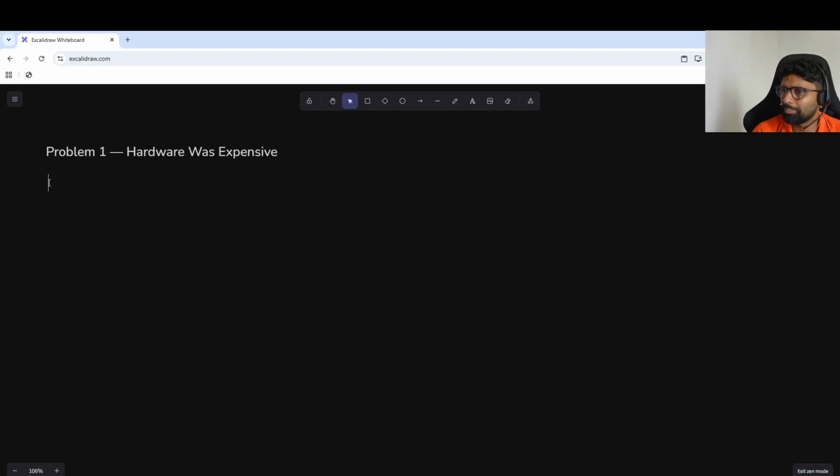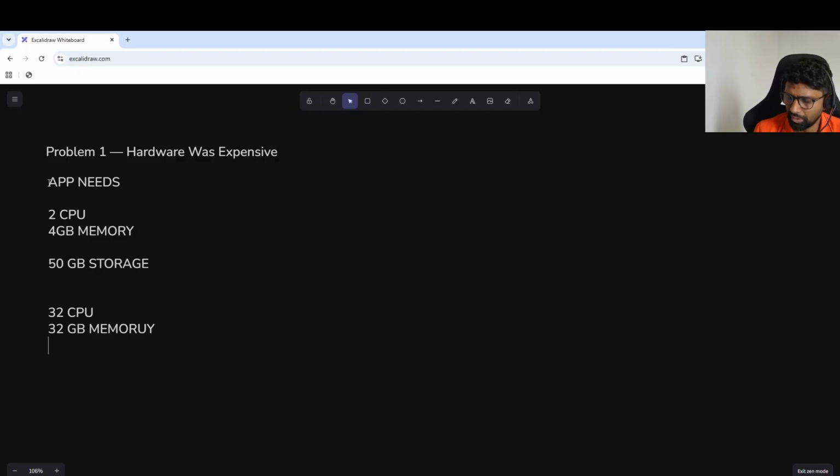Now let's discuss problem number 1. Hardware was expensive. Imagine your application needs 2 CPU, 4 gigabytes of memory, and 50 gigabytes of storage. But the server might contain 32 CPU, 32 GB of memory and 1 terabyte of storage. Most of the capacity would go unused.